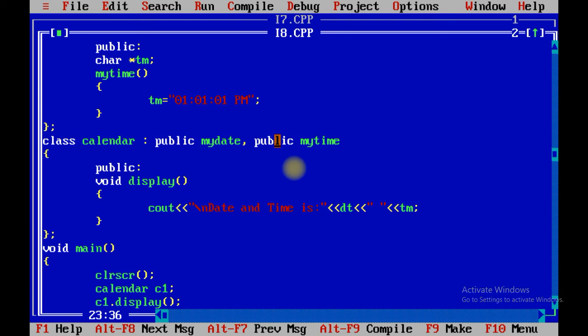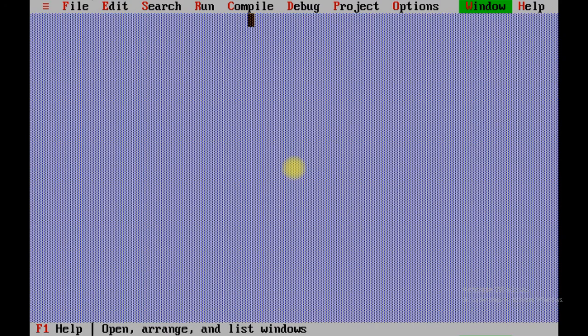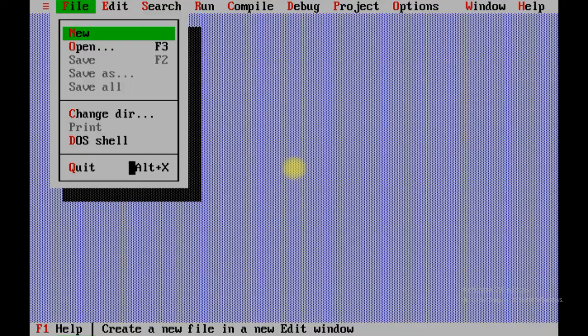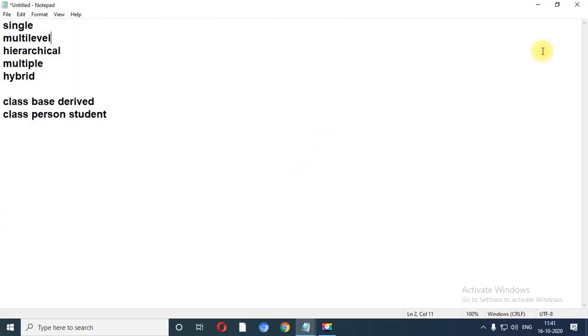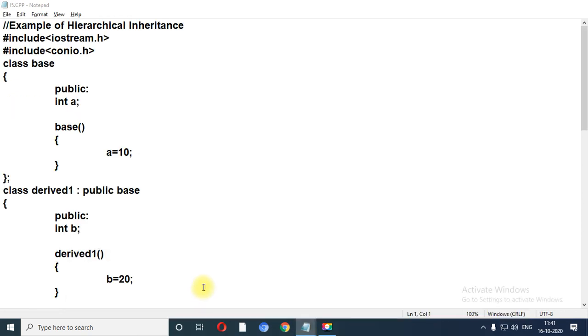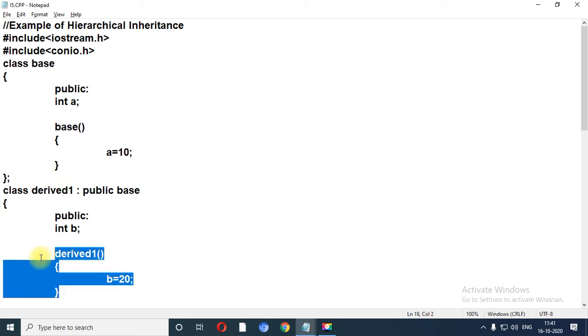You can develop programs only and only if you know the concept, otherwise you are not able to write programs. Now let me share the notepad file for all four programs. This is the first program of today's session, which is based on hierarchical inheritance. Let me scroll down up till the derived 1 constructor.